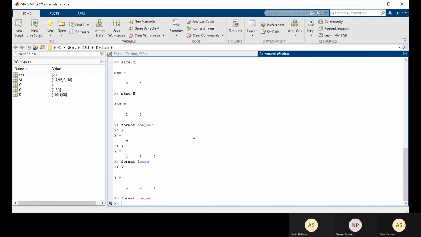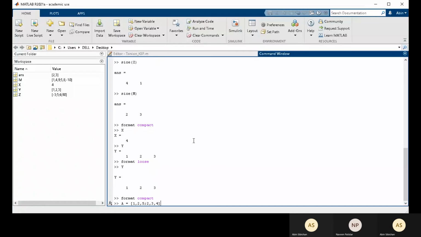Now, suppose I'm defining a new variable, let's say a, and it's 1 comma 2 comma 4 and 2 comma 3 comma 4, 1 comma 2 comma 5 and 2 comma 3 comma 4. As you have seen earlier, if I press enter, this output will be shown in the command window. But suppose I don't want that output to be displayed. What can be done?